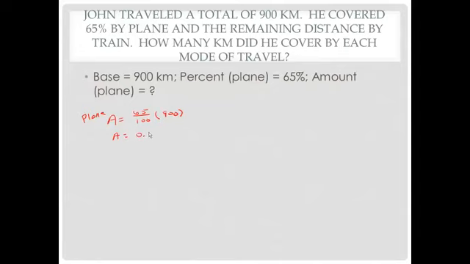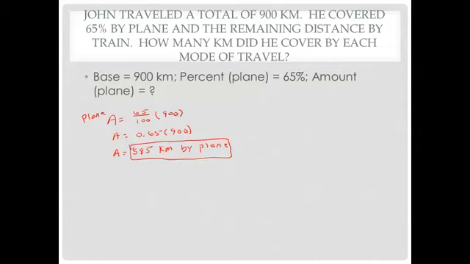Divide that, we get 0.65 times 900. And then we're going to multiply 0.65 times 900. And we come up with 585 kilometers by plane. Now our question asks for the amount he traveled by plane and by train. So we have one part of our answer,